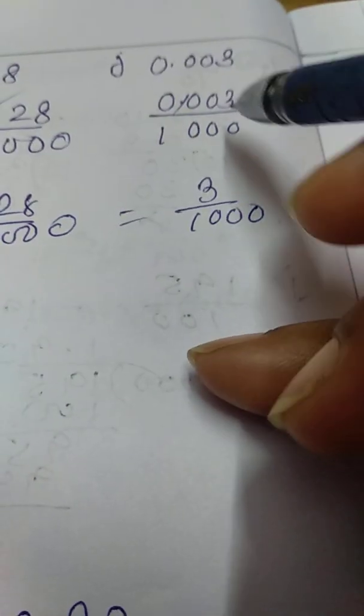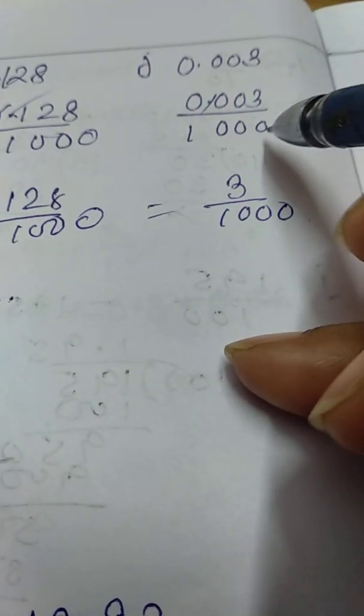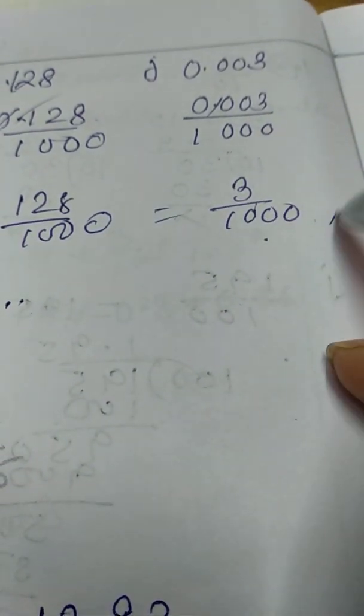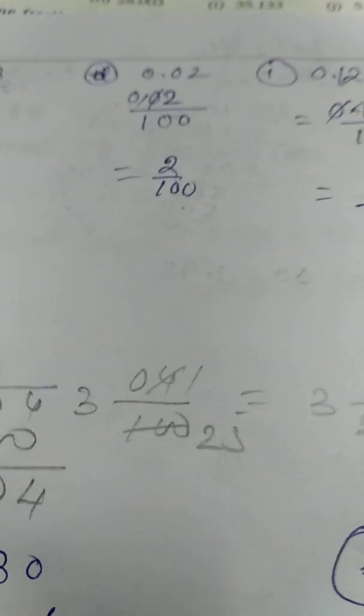Next, 1, 2, 3, 1000. If I remove, I get this one. Next,